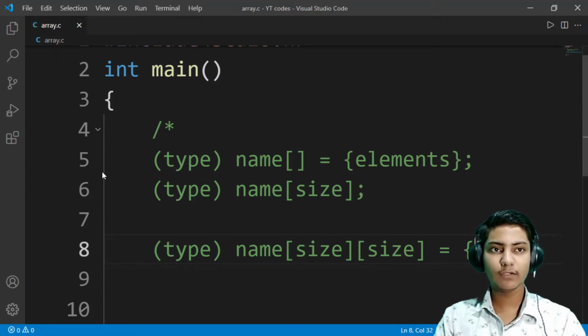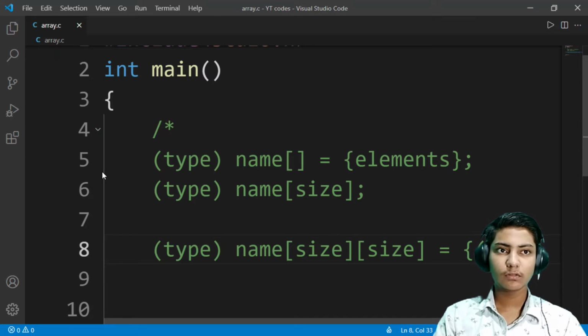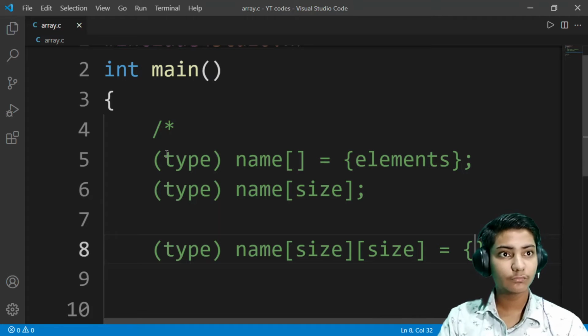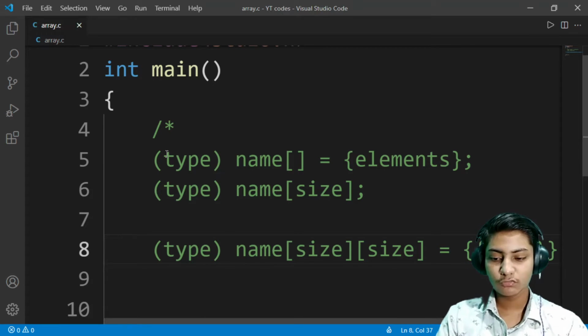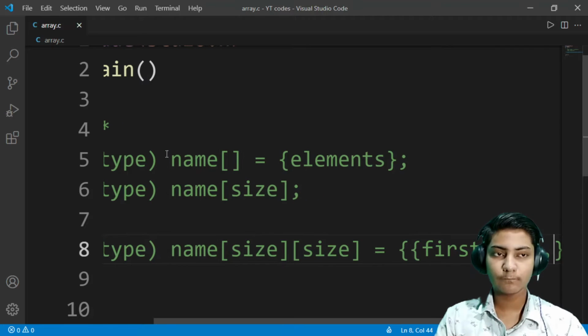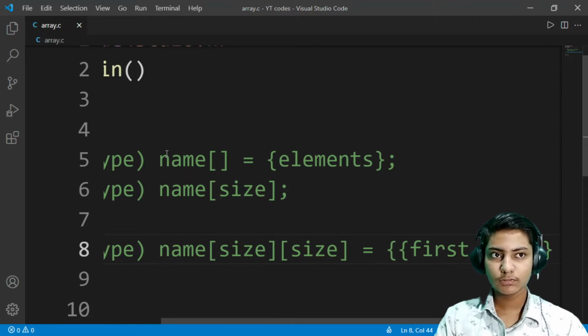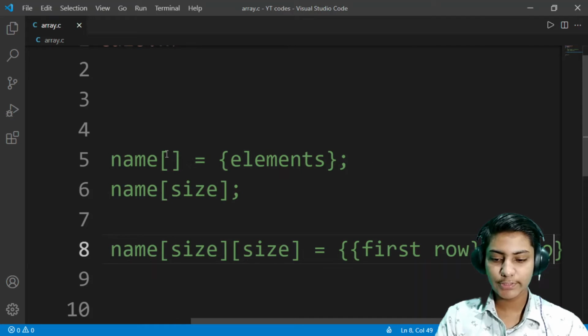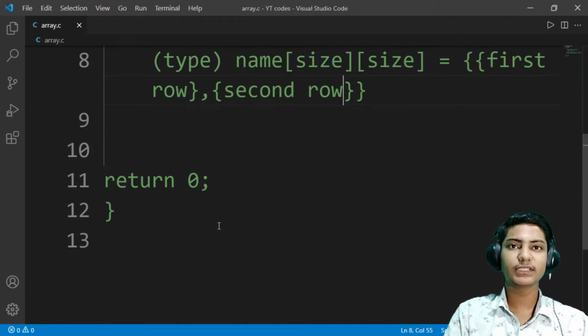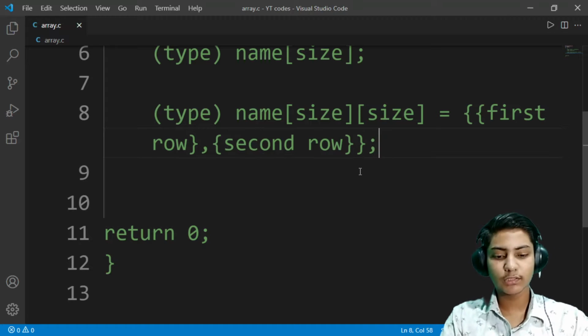And here the elements of the first row in curly braces, and then the second row. Let me adjust this. Yeah, hope you can see this now. Then the semicolon.